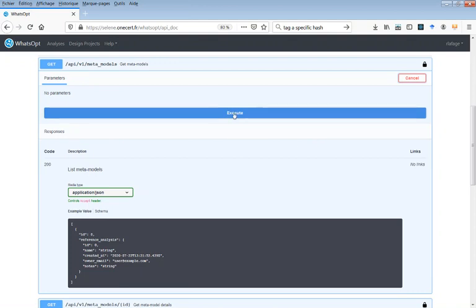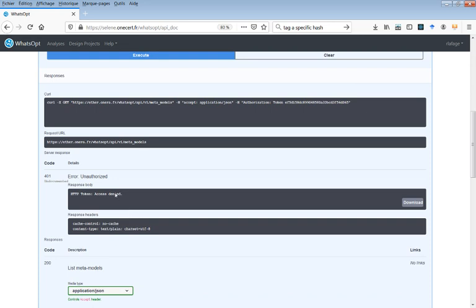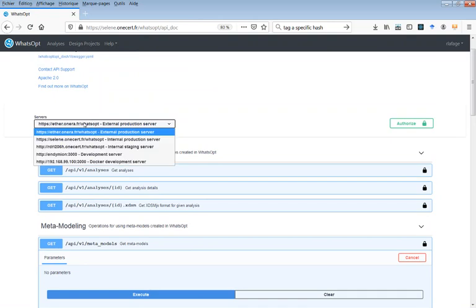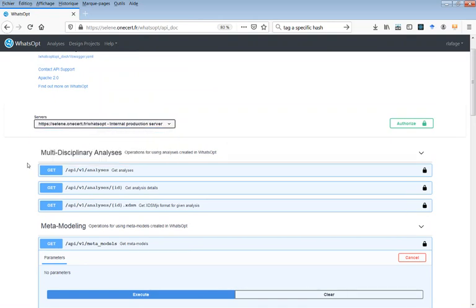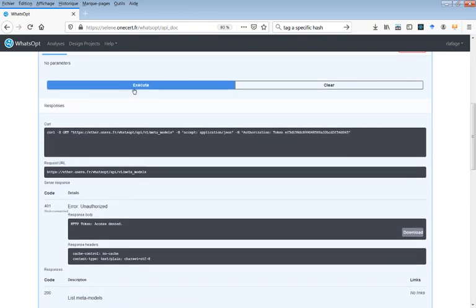So I just execute the web service. Here you have the curl command if you want to use it from a shell window. But here I have an error, but it's normal because I'm not on the right server. I just select the right server here, and then I can execute again